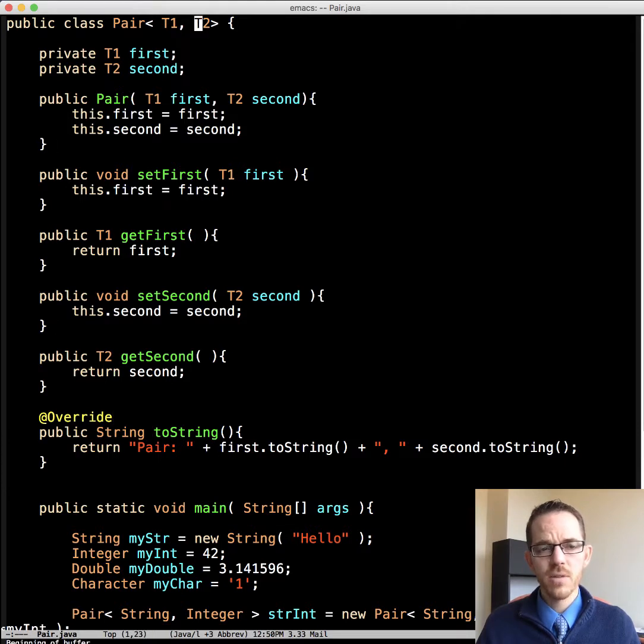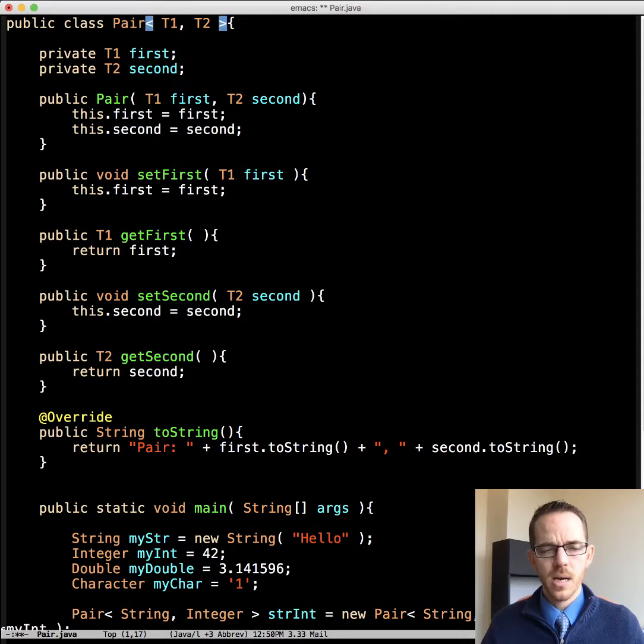Okay, so notice right off the bat, when we declare a class, we specify the class name, angle brackets, and then our unspecified type here. So here I'm using T1, T2 to suggest type 1 and type 2. And that says, hey, in this class, there's this unknown type, and we're going to call it type 1. So everywhere we need type 1, we're going to have T1. So this allows the two objects to be different. So we could have T1 here, here, and then notice even in the return statement, we have T1.